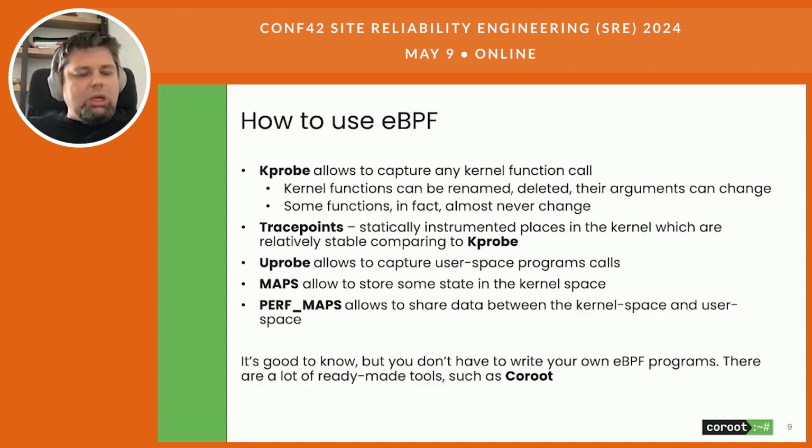And the second one is perf maps. It's a way to share some data between the kernel space and the user space program. It's like a circular buffer, and it allows, for example, storing some data in the kernel space and reading this data from the user space program. That's the main way to exchange data between userland and kernel space. But it's a low level